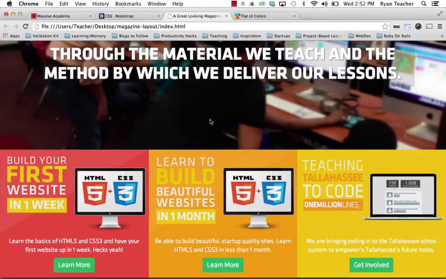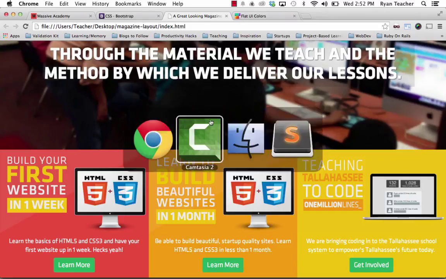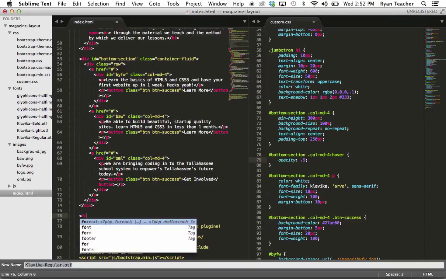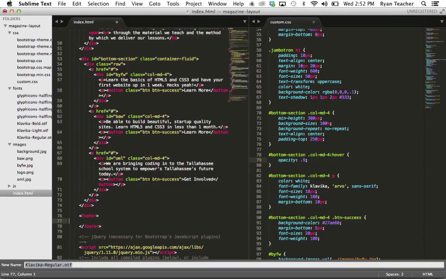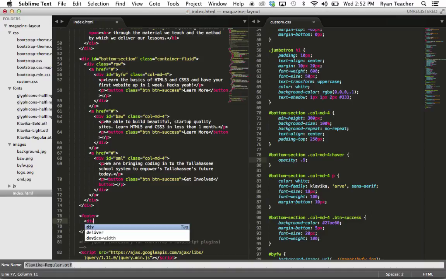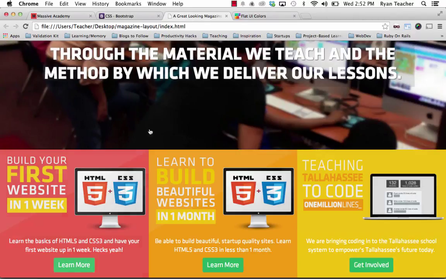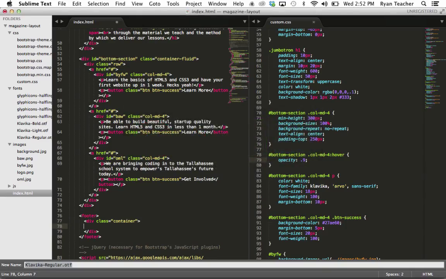Let's round out our site here with a nice looking footer section and we'll be good to go. So we'll come over here, say footer, and we want to give it a div with a class of container. And we're actually going to have, if you come over here and look at it, two separate sides. So we could float one to the left and one to the right, but even easier than that is just relying on what Bootstrap gives us, and we'll say div, class small